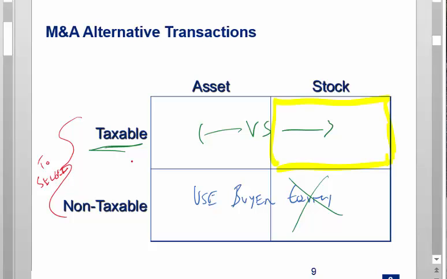All right. So for the rest of this class, we're going to assume that when we talk about an acquisition, we're talking about a stock acquisition, meaning legally we're buying shares of a target, and we're buying the target shares with cash. And again, those four boxes are not created equal. Almost everything that I work on tends to be in that upper right-hand corner, with just a few exceptions here and there.